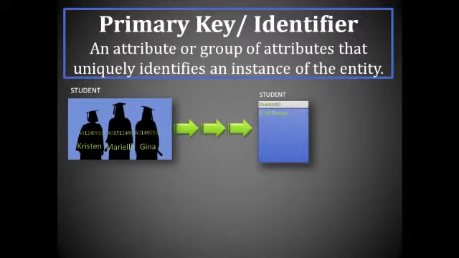Keep in mind that sometimes you need more than one attribute to make each instance unique. In those cases, you need to use a composite key, but we'll explain that one more when we get to business rules. Sometimes you need a composite key instead of a primary key. Got it. All right, now that each of our students has their own unique student ID, we can start forming